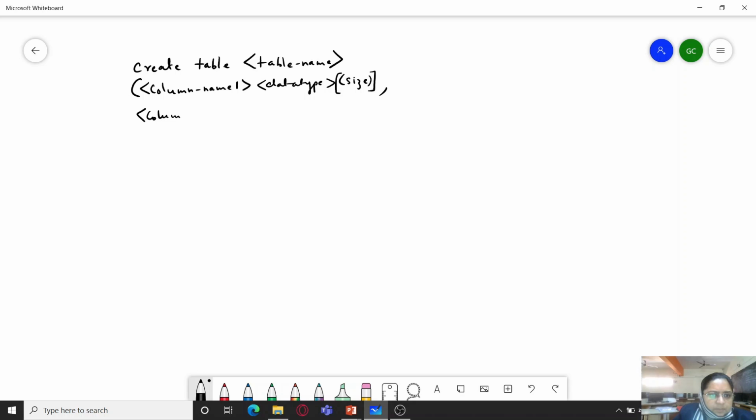Then column name 2, its data type and its size, and this way we can have any number of columns, we can have n number of columns.